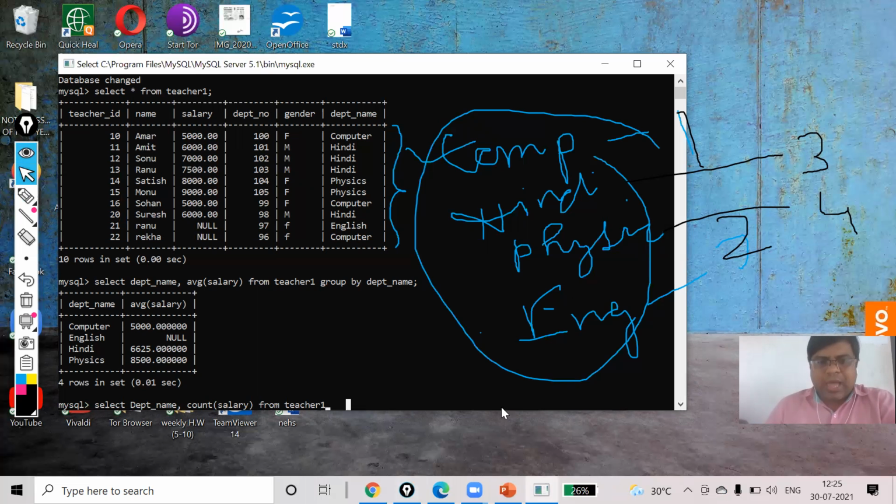So I'm going to have the grouping GROUP BY department name. Now, first of all, my computer is going to come. And how many salaried persons are there in computer? Only two.